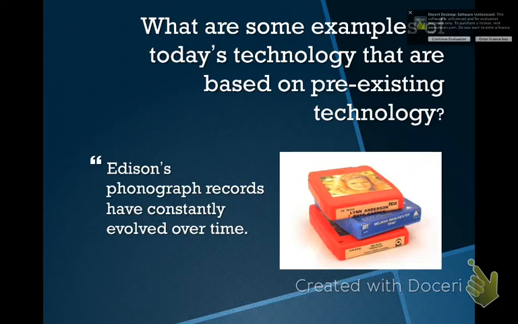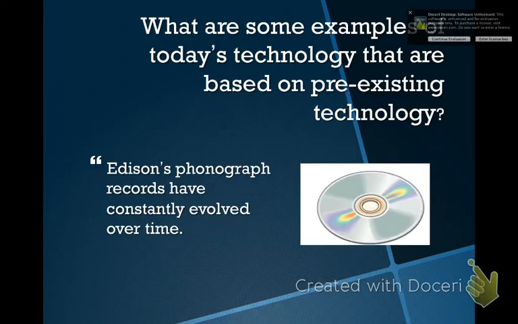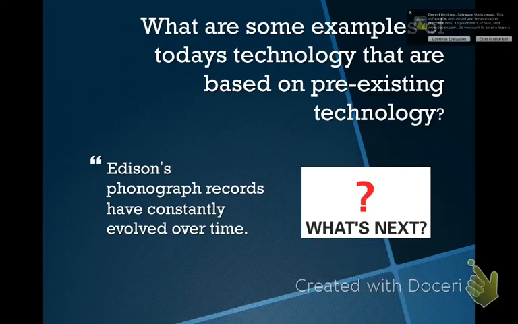It went to the record. It went to the 8-track. There's another form of record in between those. We have the cassette tape. Some of you might have seen these before. We still have CDs, not much anymore because we've all gone to what we now know as MP3s. But you can see the innovations over the years we've gone through, and now we have MP3. Who knows? It could be something coming up later on. We don't know what the future of technology will be, but who knows? It's kind of a fun thing to look at.